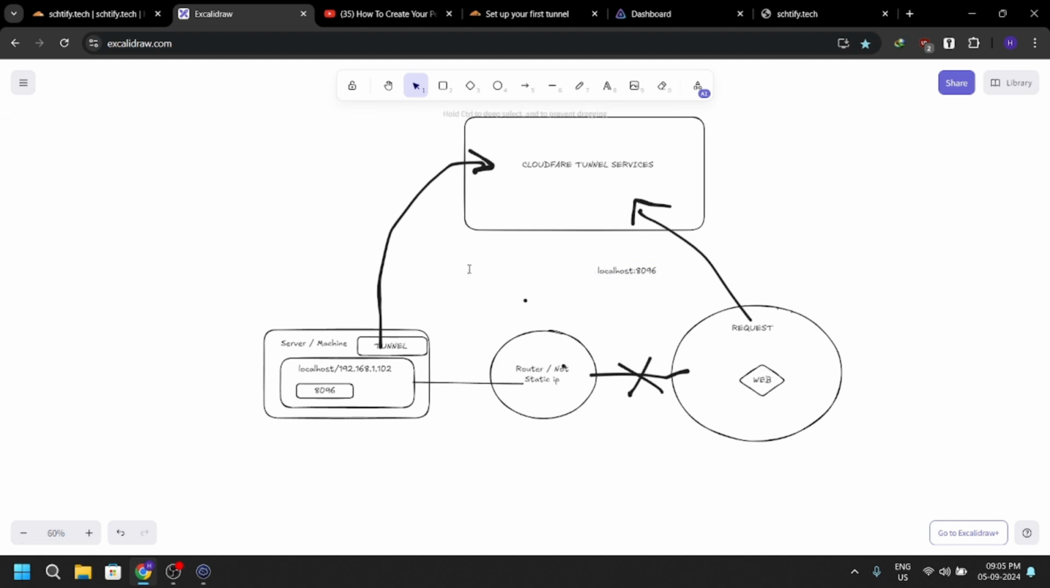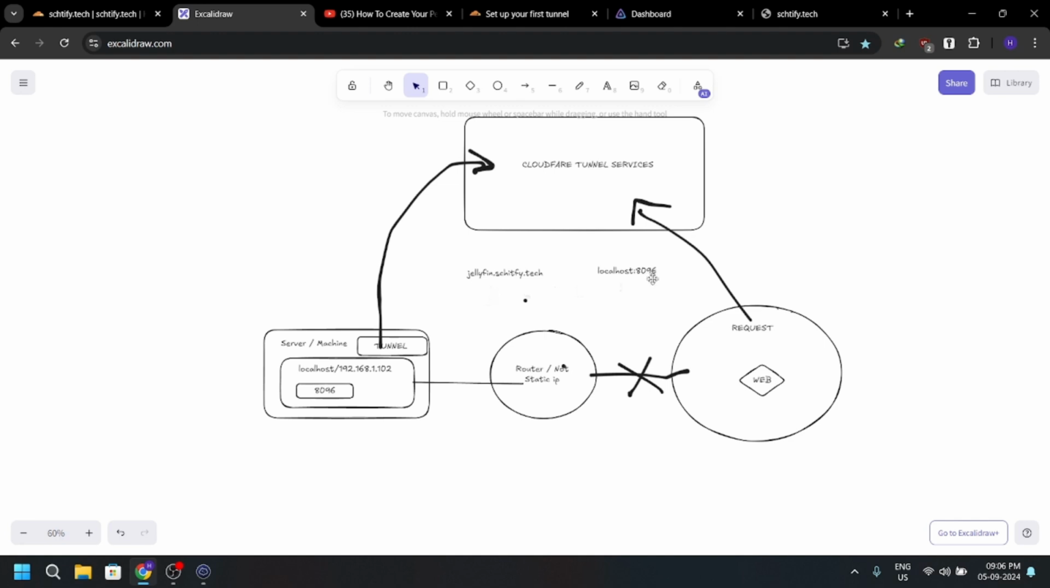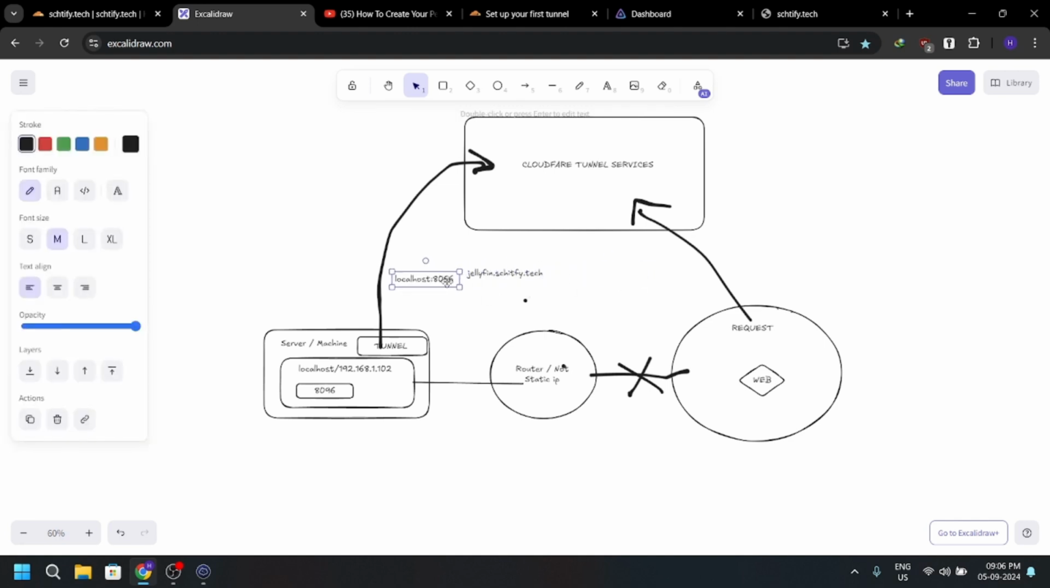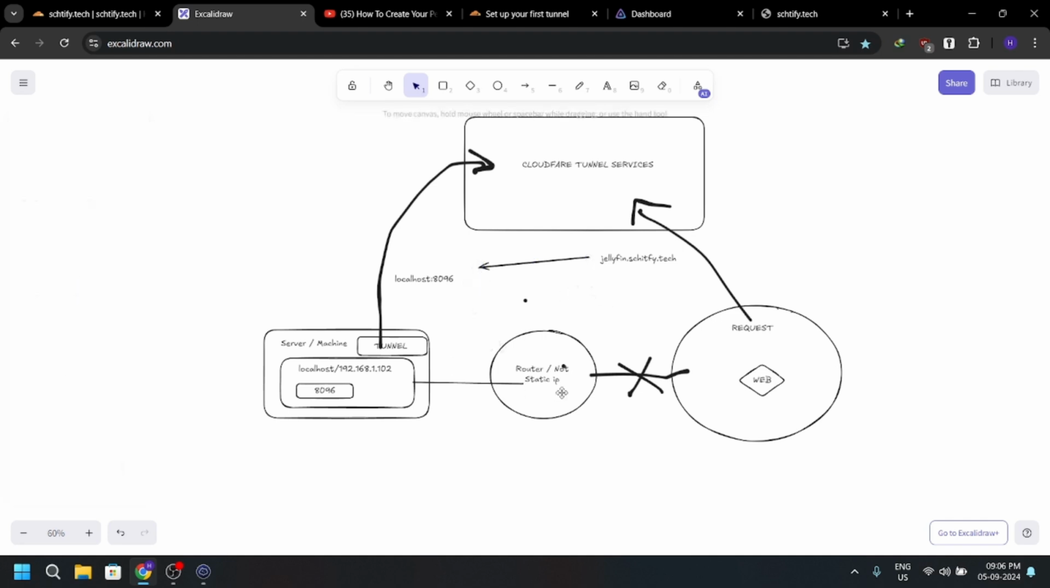So I want this for my Jellyfin. I will create one subdomain here, Jellyfin dot. If I go to this, I should get onto localhost 8096. So like this, I will. So this is, yeah,